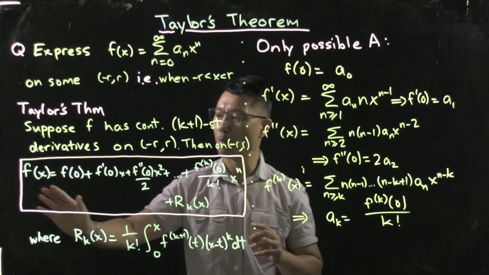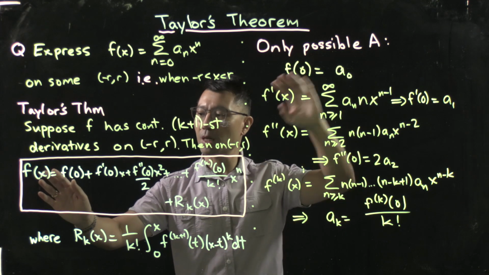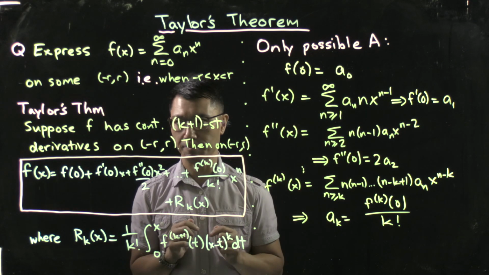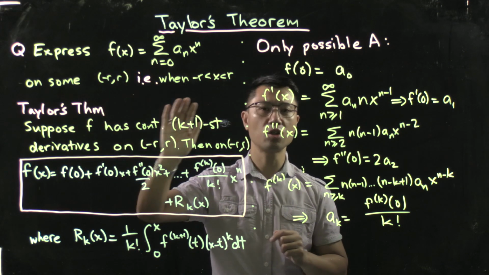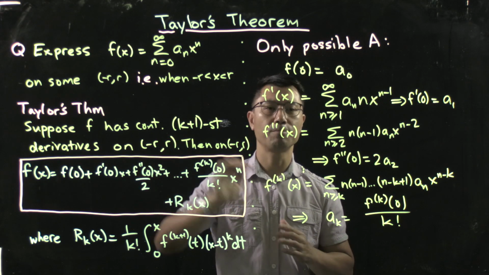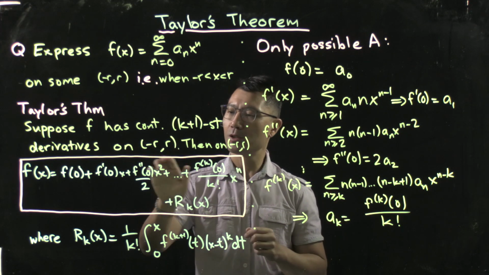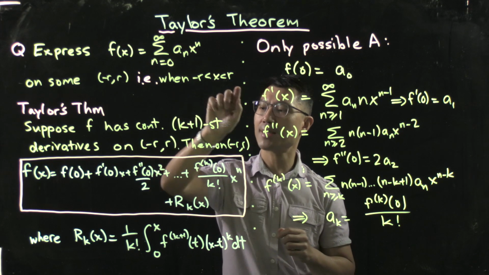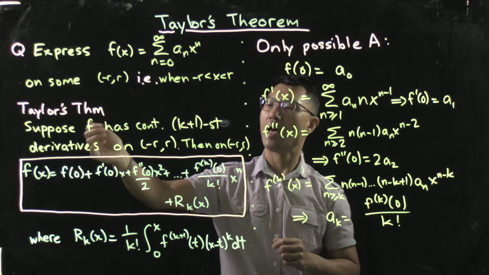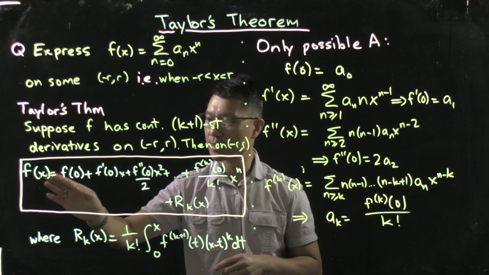Okay, it's going to express this function f as something that's a bit similar to this, okay, which will allow us to actually show when you do have equality. So suppose now f has continuous k plus first derivatives on some open interval from minus r up to r. Okay, so we're going to suppose that there's some positive real number r, and on this interval here, so for all x between minus r and r, okay, f is a function defined on this, and it has all these derivatives. Okay, then what we're going to do is we're going to write f of x as equal to